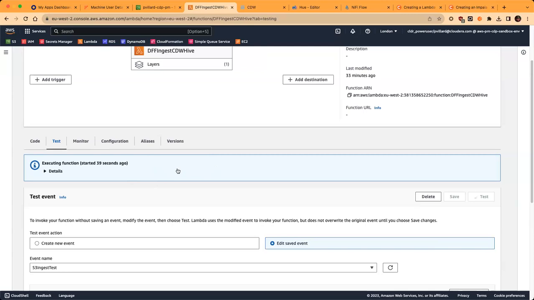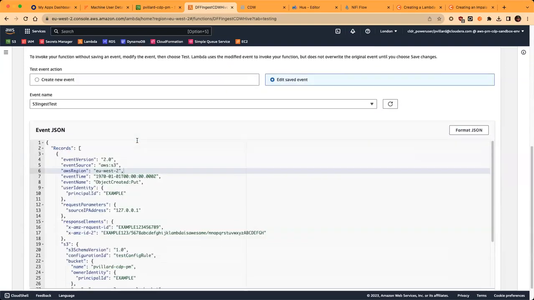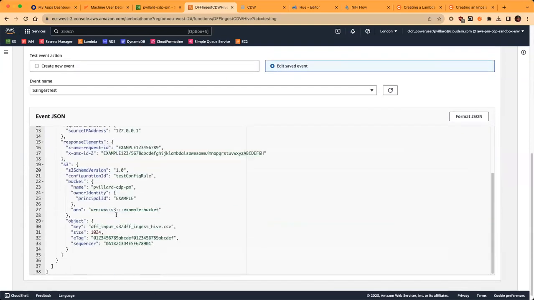It's going to download the flow definition from the DataFlow catalog. It's going to inspect the flow definition to figure out what are the nars that you require for the processors that you used in your flow definition. It's going to download those nars from the internet, and then it's going to start NiFi, load your flow configuration, and then inject in the input port a flow file that will have this payload,